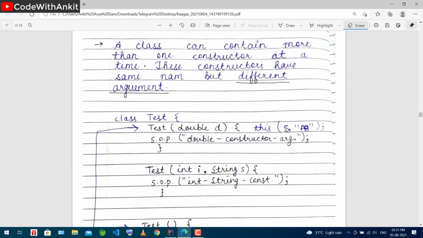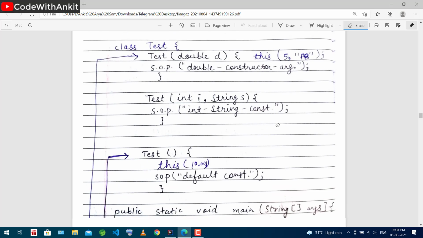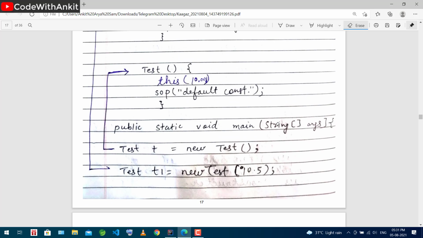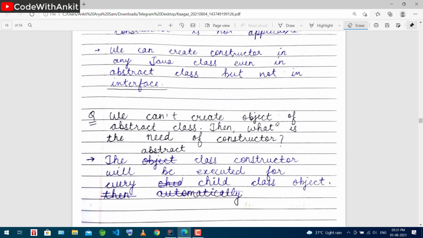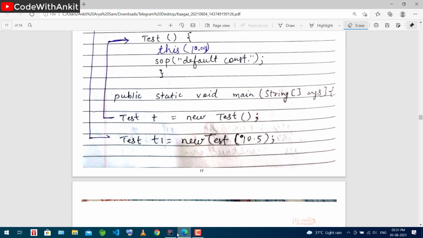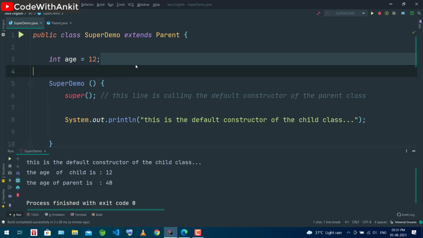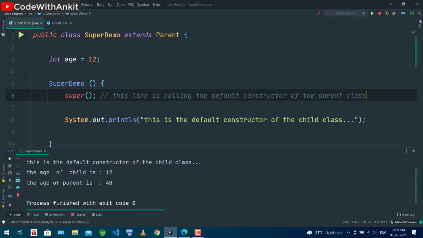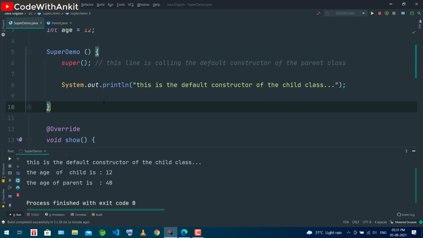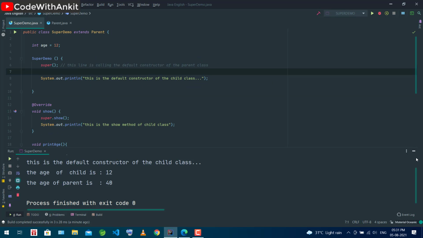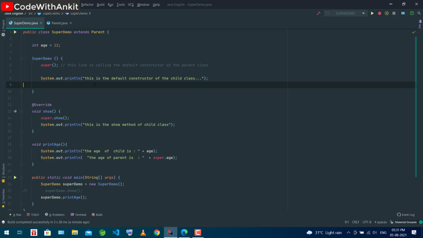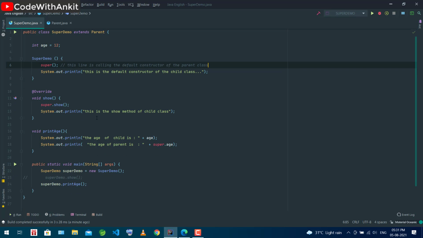Overloaded constructor. Oh my god, now what is this? Let's say I have one more constructor here. Let me minimize these codes and make some space over here.